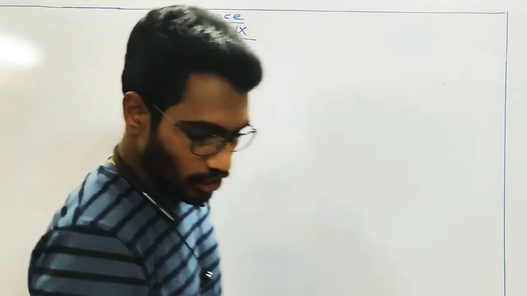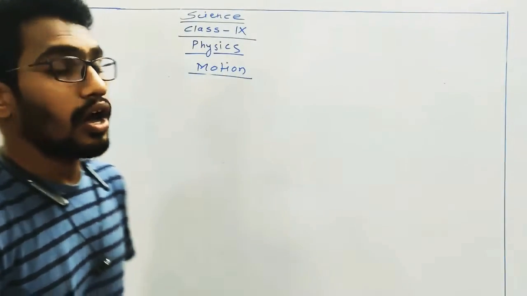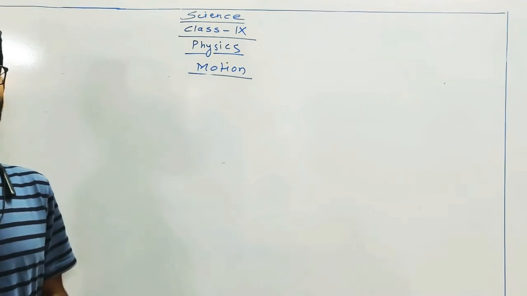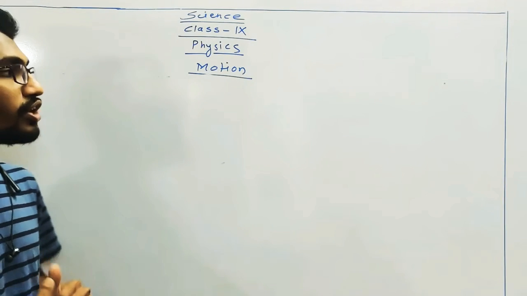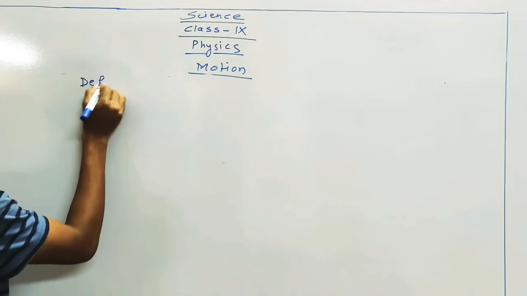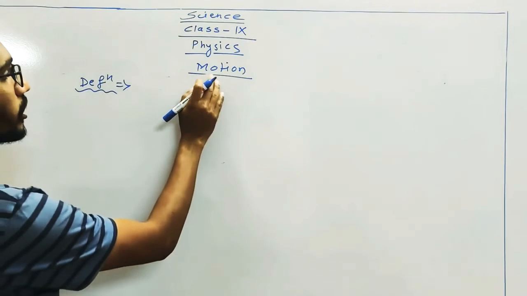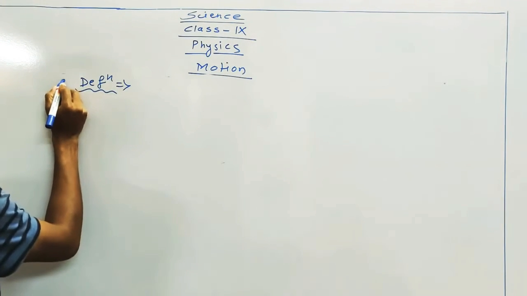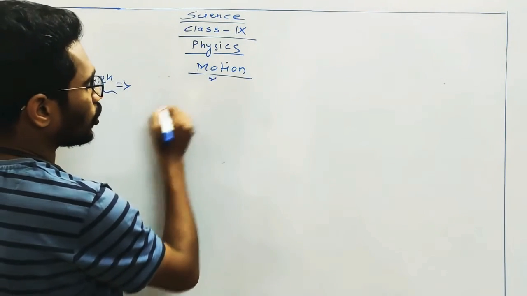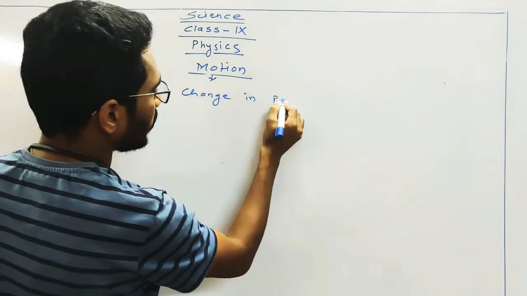So after getting the knowledge about the position of an object, how to describe the position of an object, now we are able to define the term motion. Now we are going to define this term motion. So what is meant by motion? Obviously, motion is nothing but change in